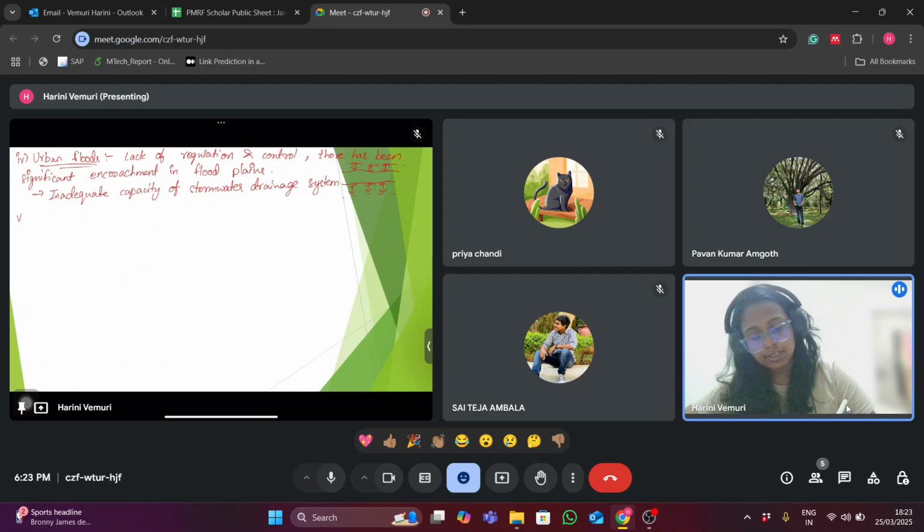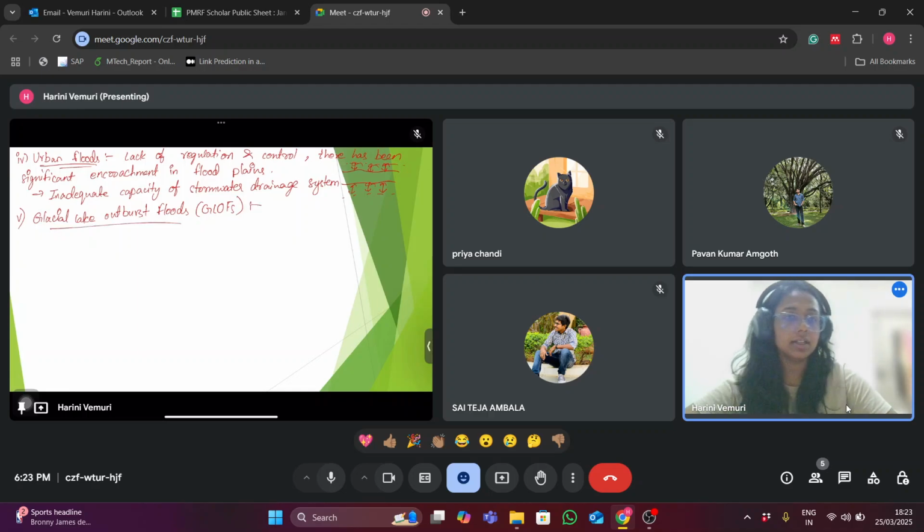And the last type of flood is glacial lake outburst floods. So, as the name suggests, we can see there is a glacier involved. Because of glacial melt or something, the flood can happen, which is very rapid. Okay, kind of like a flash flood,